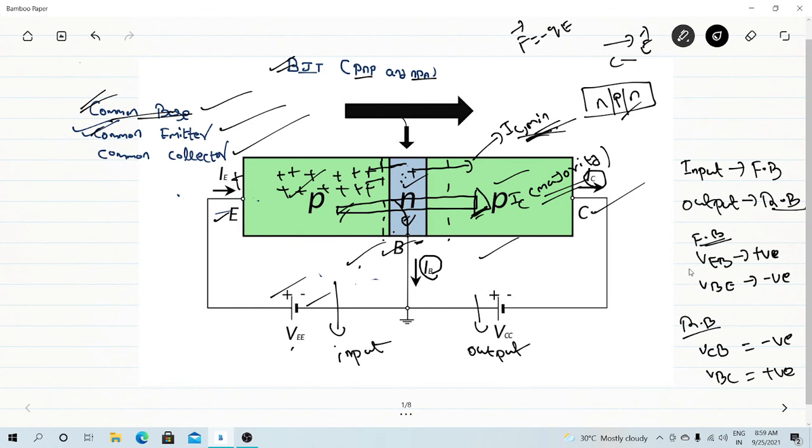What are the conditions for forward bias? What are the conditions for reverse bias? As you make this forward bias, the thickness of the depletion region will be very small. So as a result, you can see these holes can go from this side to this side. As a result, we are getting a majority current. These holes can diffuse from this side to this side. And these holes, which are the minority carrier, they can also go from this side to this side. As a result, we will get minority current.